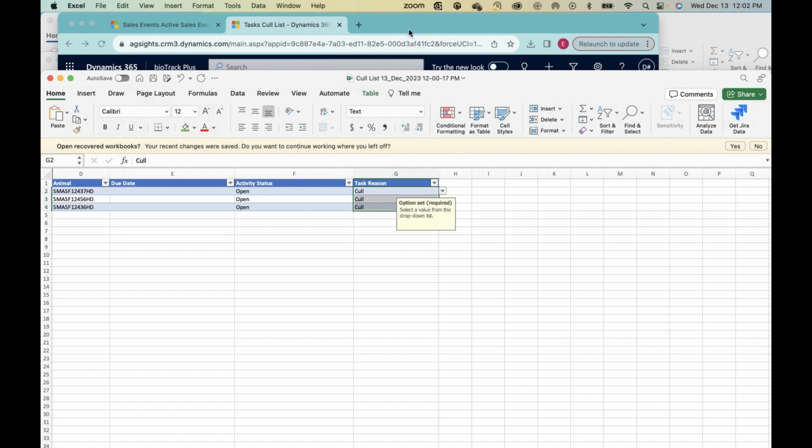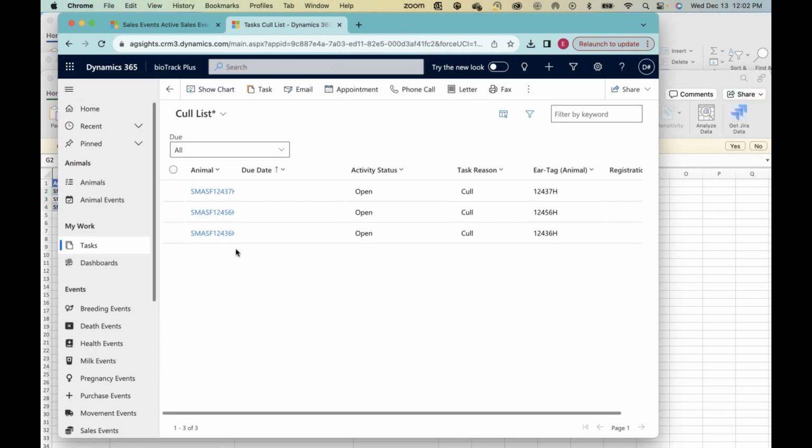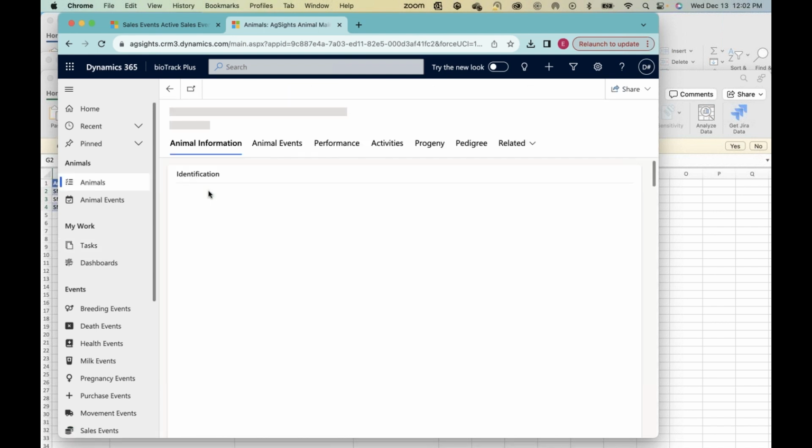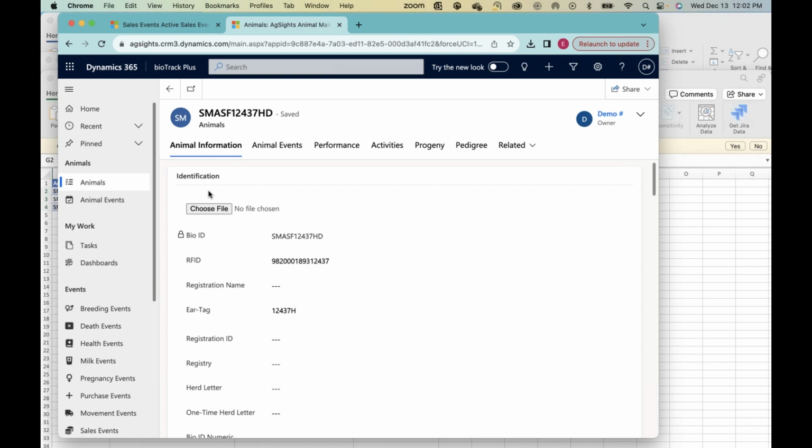For the sake of brevity, I'm not going to go through that, but I will remind everyone that if you're doing one at a time kind of sales throughout the year, or particularly if deaths of your mature animals only happen once in a while, it might just as well be easy to go into the animal page and add them individually. So to do that, we will go into the Animal Events tab,